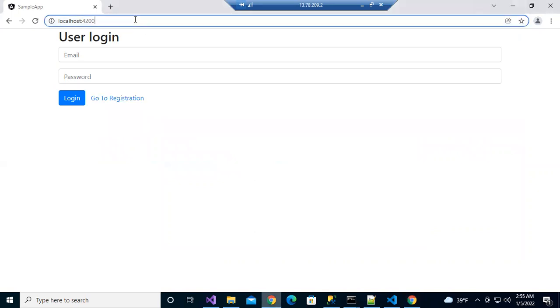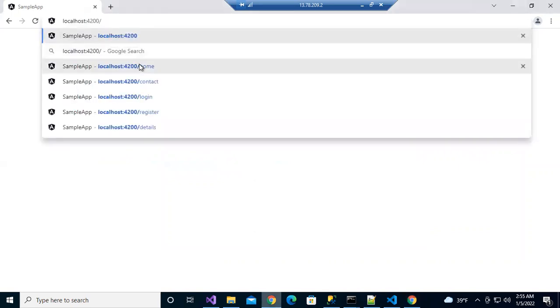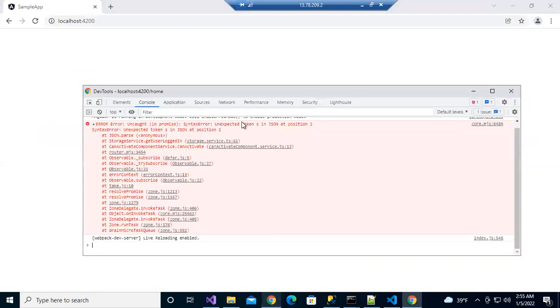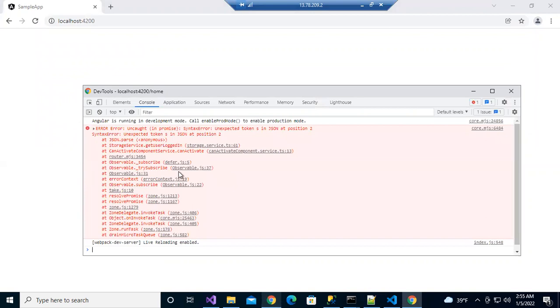If I want to log, I need to go to the home page. Here we are checking whether the user is registered or not. Yes, you are getting this error. Why? Because by default Angular implements the error handler. If you want, you can take it as a note. By default Angular implements an error handler and it will show console exceptions. It will show the error in the console tab.